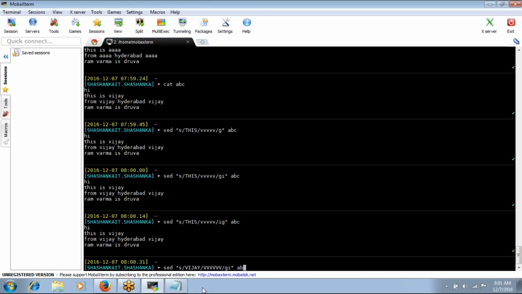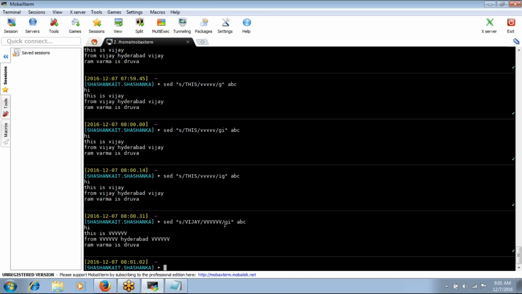GA, ABC, right? So it is replaced, right? Because this pattern is not working. Maybe it is not a space, or I have given some different characters. So whenever I try to execute any command with this pattern, it is not executing, right? Okay. So maybe some special characters were typed while creating the file.